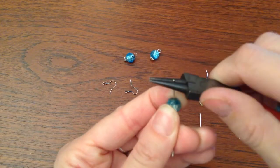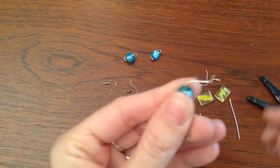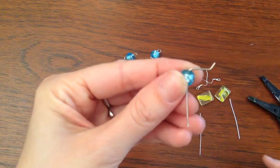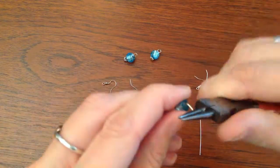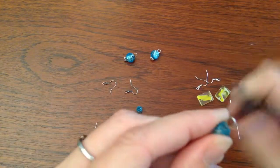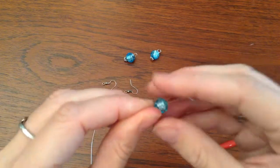So you're gonna bend it 90 degrees, and that's hard. You gotta hold your loop, you gotta hold it. So we have our 90 degrees, see that? 90 degrees, and then we're gonna loop it again, okay? We're gonna loop it like we did the other one, loop, loop, loop, loop. See how that looks? And so we're gonna need to make a loop on this side, but the problem is